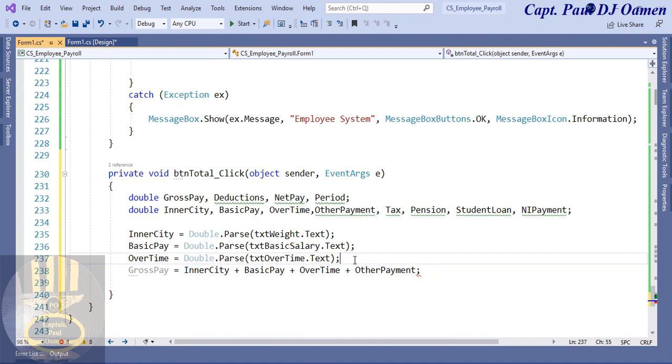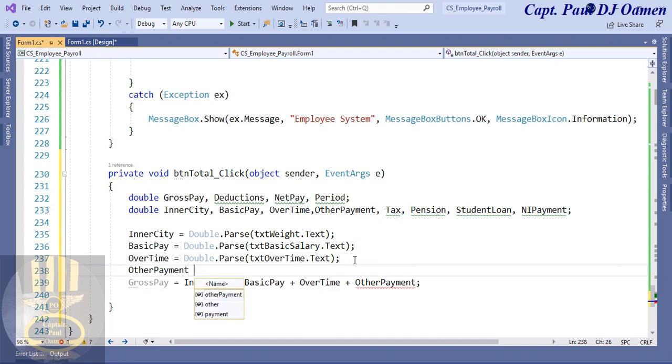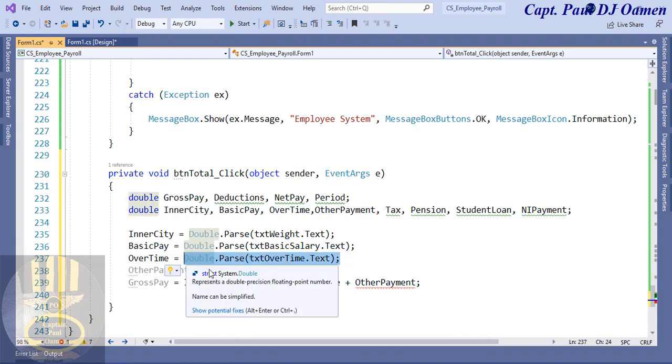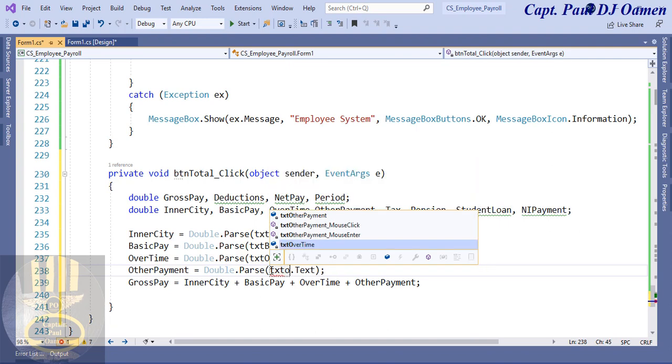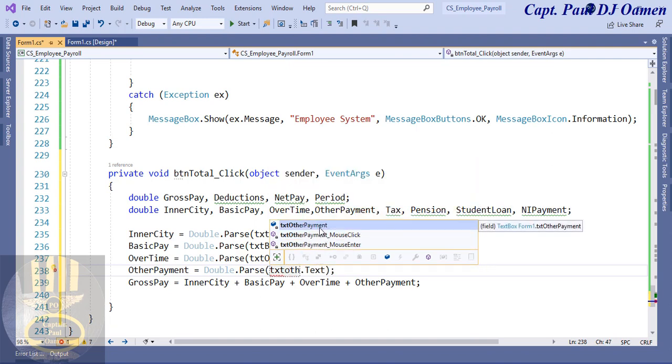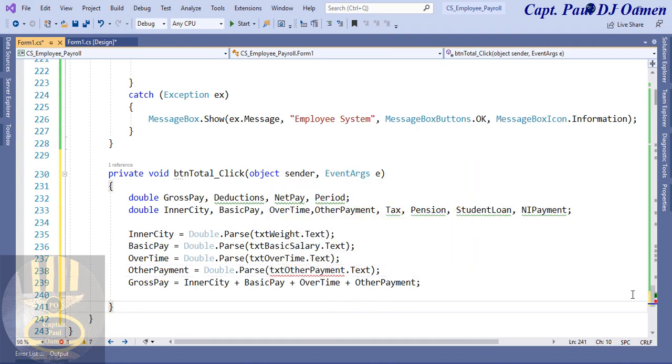And other payments will be right here, equals. Grab all of these and change that to other payment. Get rid of this txt other payment. Yep, it's right there. Okay,